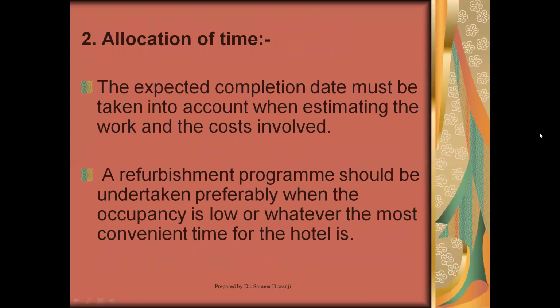After evaluation, once you're quite sure that you need to renovate or refurbish this place, you also allocate time. Like every goal, it has to be smart, specific, it has to have a target of time, it has to be measurable and all that. So allocation of time, it's like a mini project. You need to have a start date and an end date, because based on that, you have other things to look after. Typically, a hotel will take a refurbishment program when their business will not be affected much.